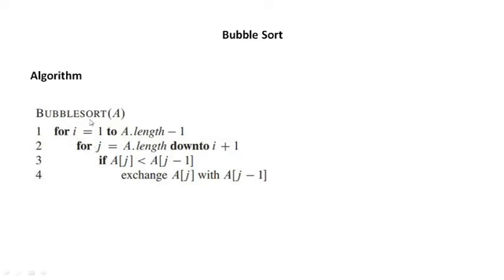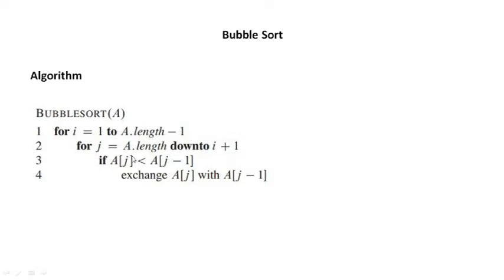We are going to start with the first index and compare all the elements down to the last element, and after comparing, whichever element is smaller, we are going to take that in the first place. We are going to compare the adjacent elements. It's not like the selection sort algorithm. It's very different from that.